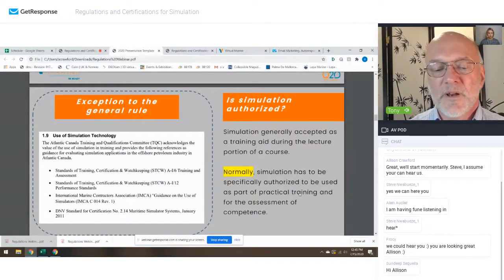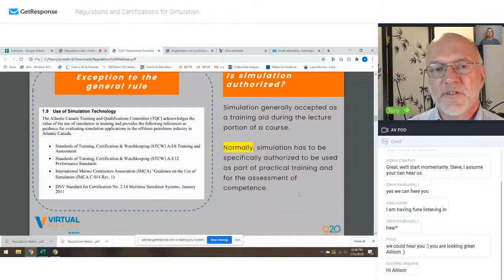And what it says there, if you are going to use a simulator for any of the mandatory simulation-based training, is radar and ARPA, or if you're going to voluntarily use simulation as the option for delivering certain competencies, or if you're going to use simulation as part of refresher training, which is a means of demonstrating continued proficiency, in all those contexts the simulator has to meet a minimum performance standard that's set by IMO.